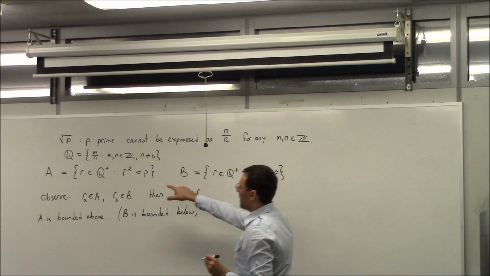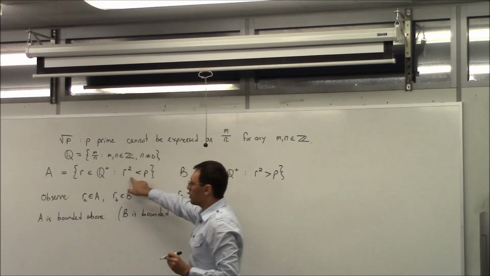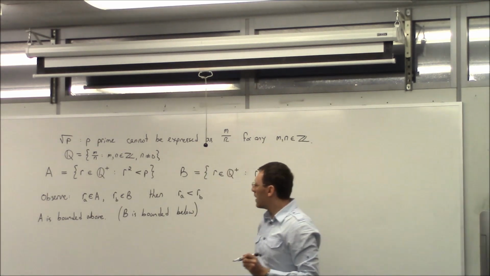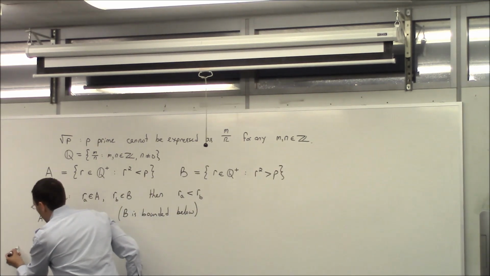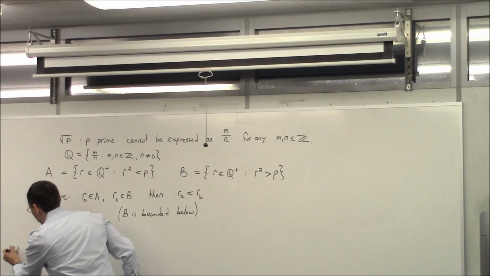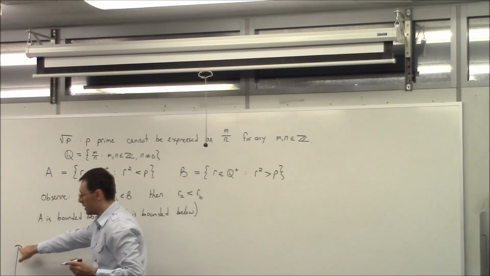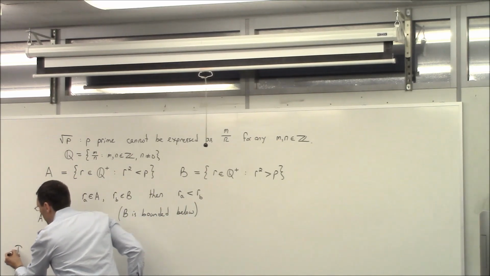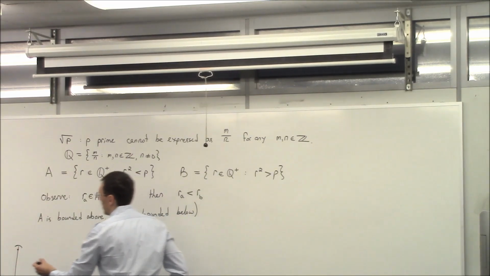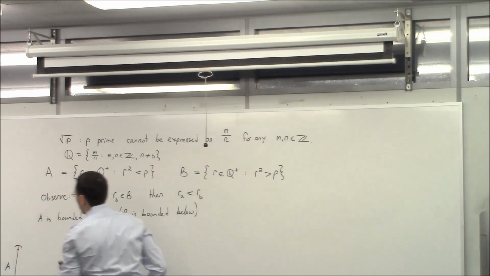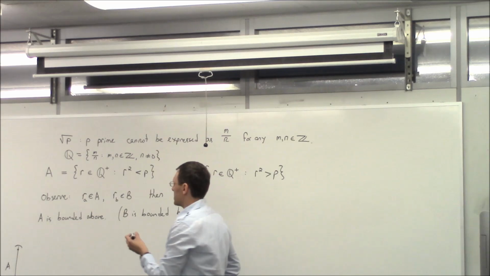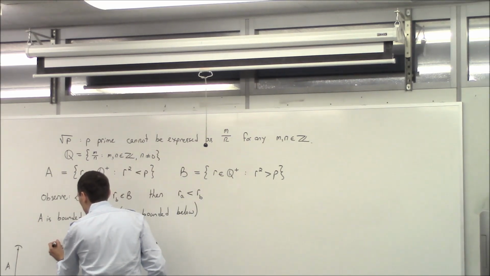So in other words, if A represents your height, right? So your exact ideal height would have been root of p. Then in a way, if I draw A vertically, there is a fuzziness. There is no top height. In other words, for any measurement that you pick in A, you will note, and I'm going to show that, that there is going to be a bigger number r that you can pick in A. And that's how you can just notice it. So you can just take, that's a bit cheating.